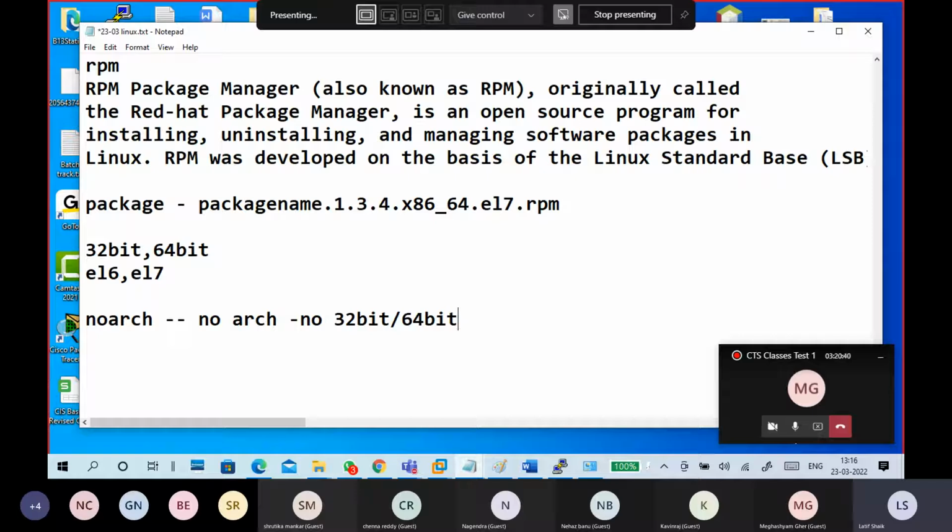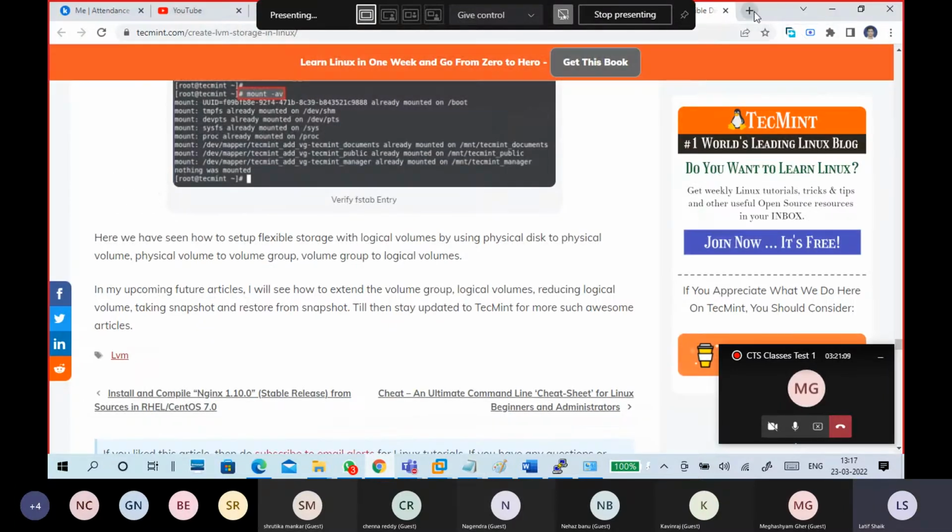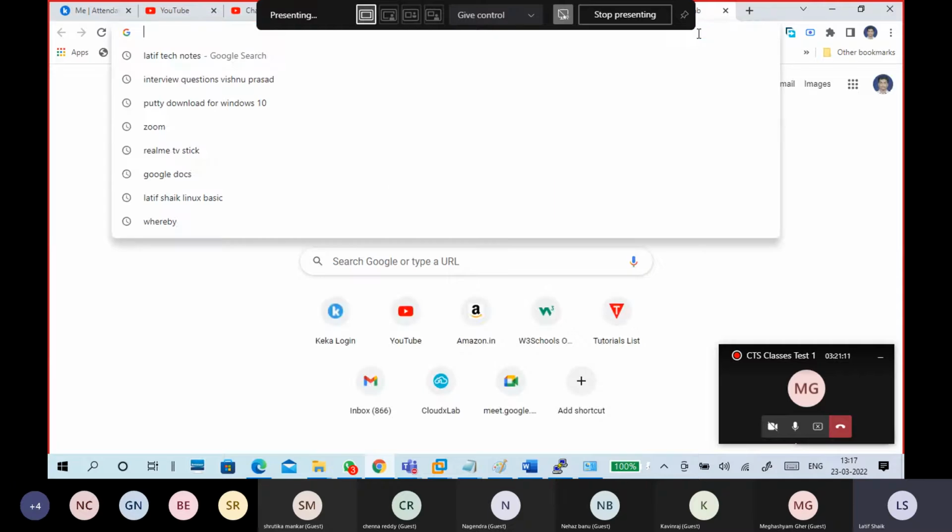Not 32-bit; you can use it anywhere. It works anywhere. It is called no architecture. Then SRC means source code file. Sometimes it will mention SRC here, so be careful. If it is an SRC type of package, it is a source code package. For example, I want to download Java